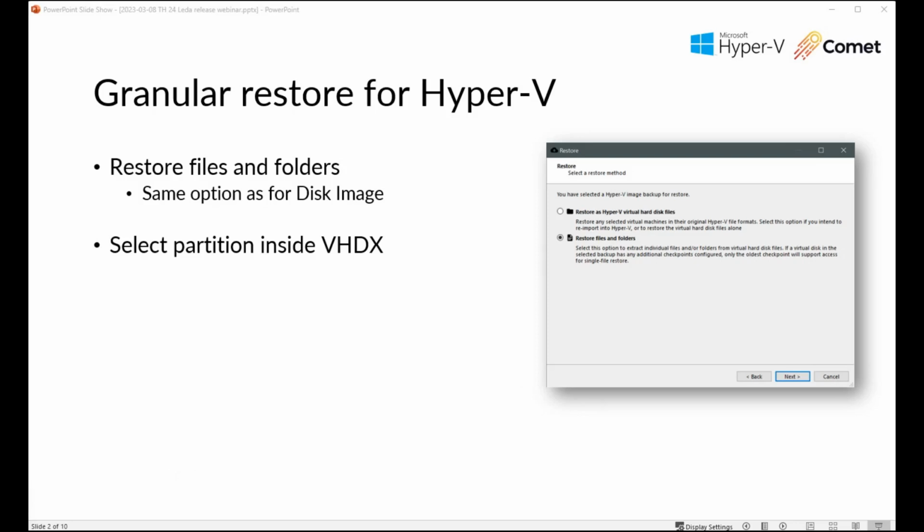It'll show up as if it's a folder, allowing you to navigate inside the interior partitions and select files. So it does support multiple partitions inside of VHDX. It understands GPT and MBR. To put it into Hyper-V terminology, that's the same as saying it supports Hyper-V Gen 1 and Hyper-V Gen 2